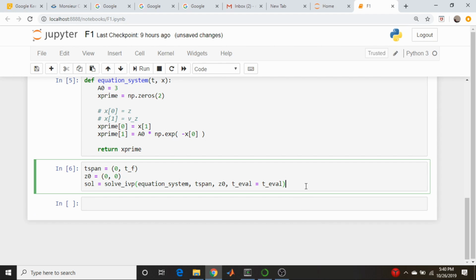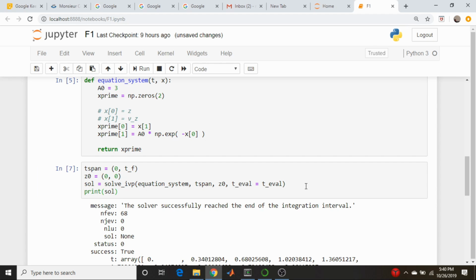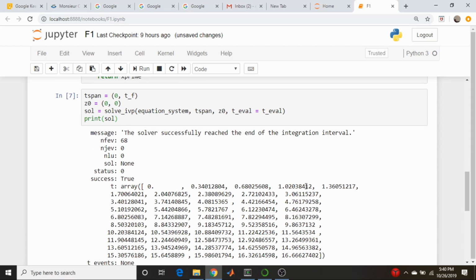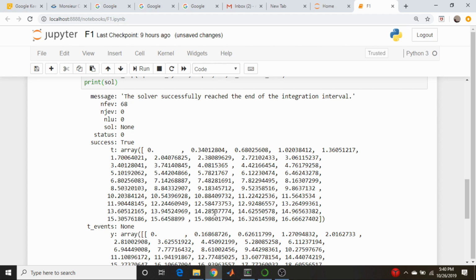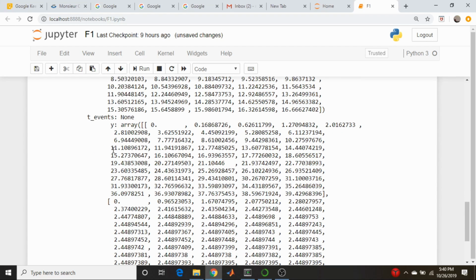So let's go back up here and actually look at what the solution object looks like. So print sol, and rerun it. So we have an object here. It has success equals true, so it worked. It has our time t eval variable here. This is our t. Then it has t events is none, and then it has the solution down here. Now, since we have two components, this is a matrix, and it has 2 rows and